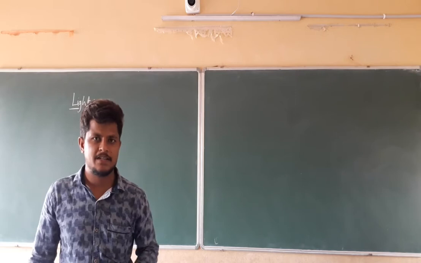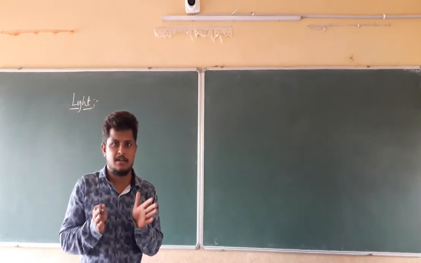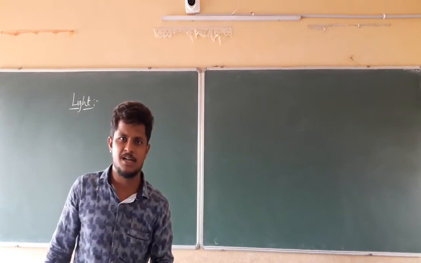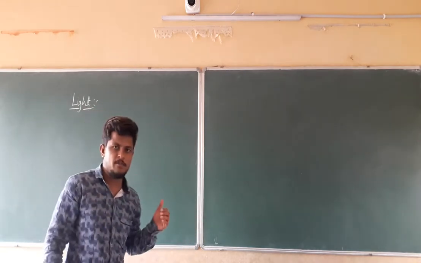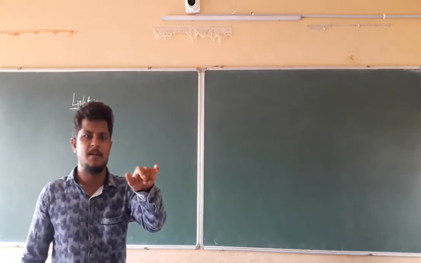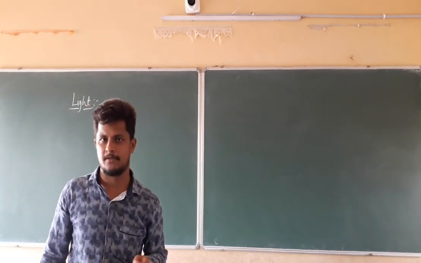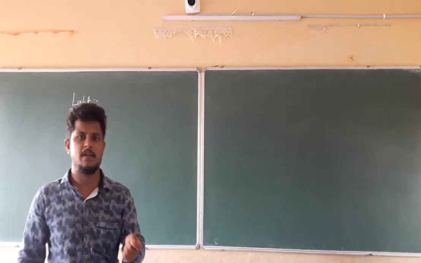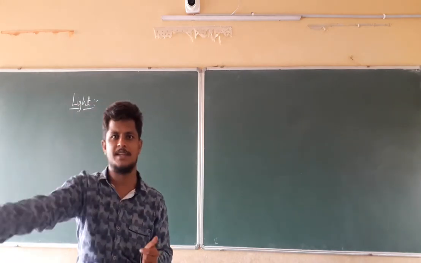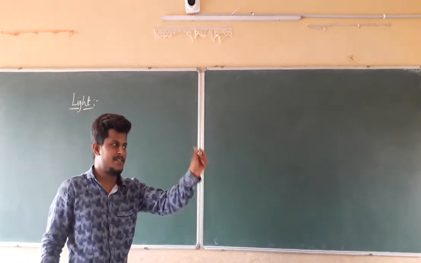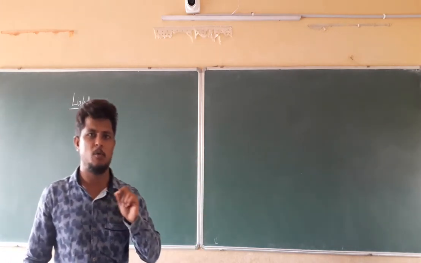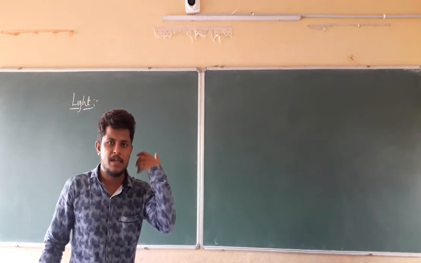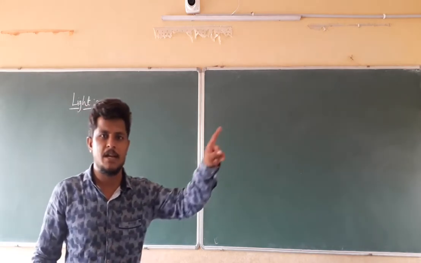In the case of a convex mirror, the rays diverge from that point, which is the principal focus. In the case of a concave mirror, they converge at a point, and that point is the principal focus. We also discussed the center of curvature, the point from which we draw the curved surface. The distance between the center of curvature and the pole of the mirror is the radius of curvature, and exactly half of that radius of curvature is the focal length of the mirror.